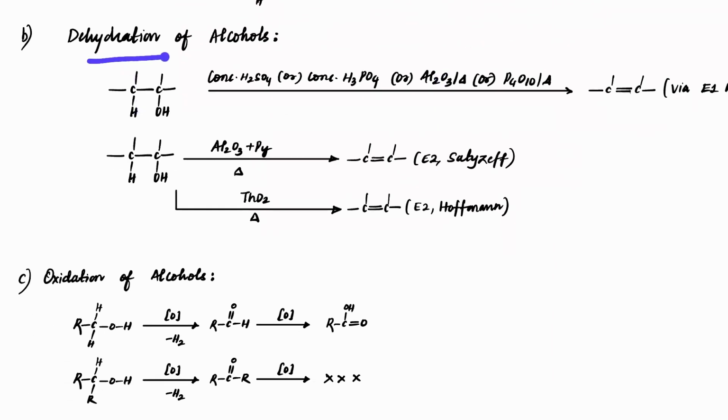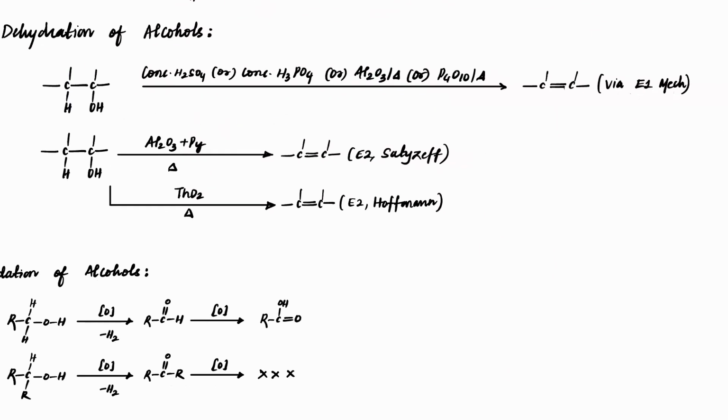Next is dehydration reactions. Dehydration reactions we have learned in alkenes already, that H and OH need to be removed using concentrated H2SO4, concentrated H3PO4, aluminium oxide and heat, P4O10 and heat. Usually, if you use these acidic solutions, it may be in the Lewis acid form or a dehydrating agent or completely a concentrated acidic solution, we will usually get